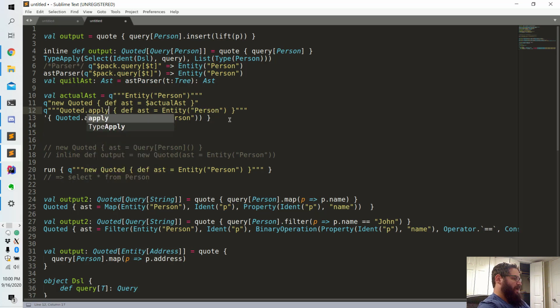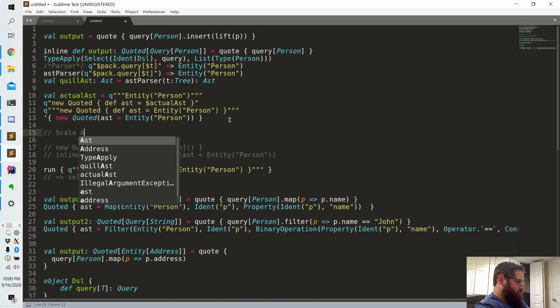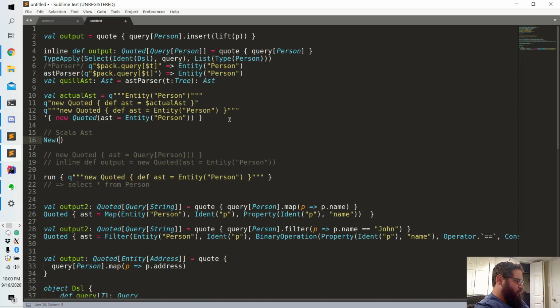So let's do apply here as well. Or no, we have to do new. So let's just do that. Right, and then the actual Scala AST is going to be something like new of